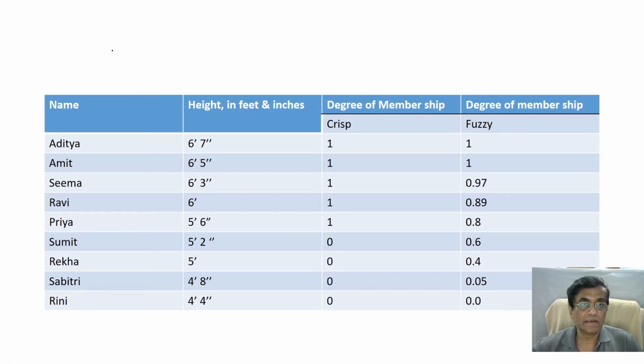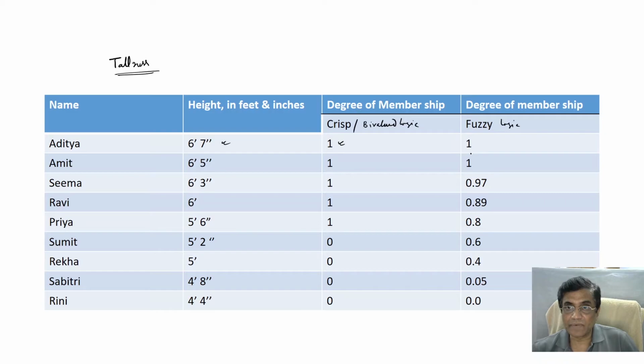Okay, so let me again give you an example. This is say tallness. I am characterizing the attribute tallness. These are my heights. This will be in bi-valued logic, and here I am using fuzzy logic. So this will have, say, really tall. This also is tall. This is also tall. 6 feet also tall, and this is also tall. At the moment it is 5 feet 2 inch, then it is not tall, dwarf, say short. There is no in between.